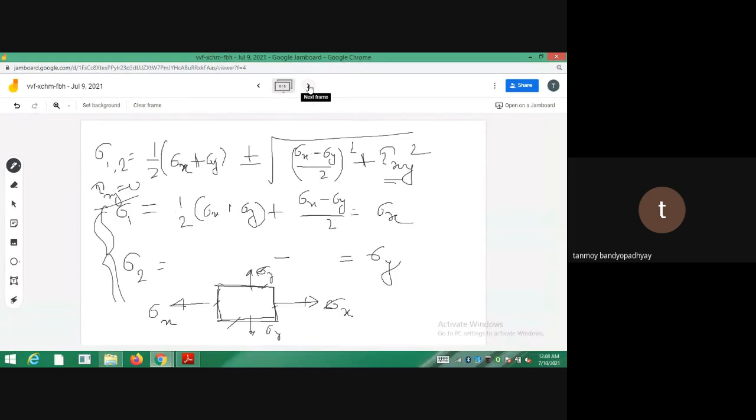So you can see that all four planes visible from this face are free from shear stresses. There is no tau xy. Since there is no tau xy, all the planes are principal planes, and they carry the maximum normal stresses. In this case, sigma 1 will be equal to sigma x and sigma 2 will be equal to sigma y. So whenever you are not having tau xy, sigma x and sigma y themselves are the principal stresses.